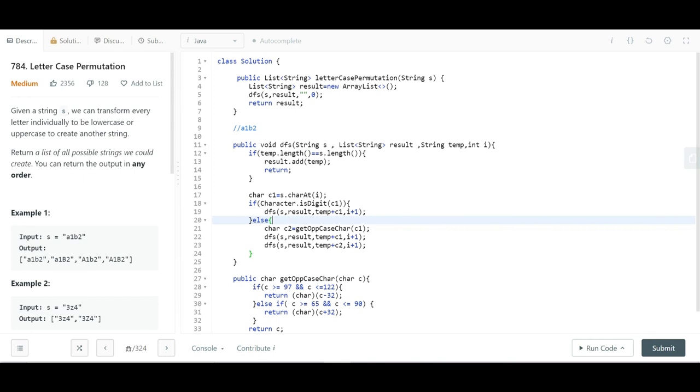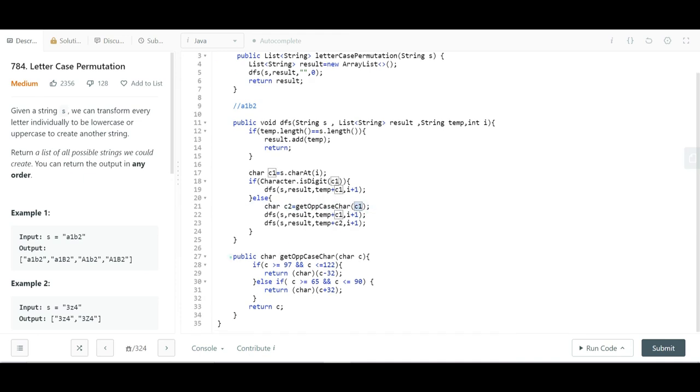Now, else, if it is a lowercase or uppercase character, then I am getting the opposite character of my current character. So C2 will be that name. So get the opposite case character, and I am passing C1. Here I have written one helper method which will just convert the opposite character, like lower to upper, upper to lower.